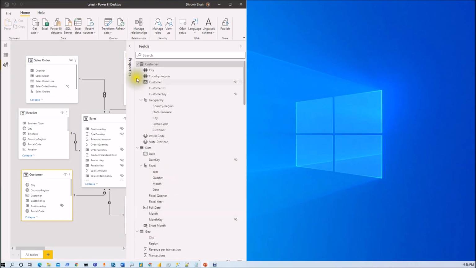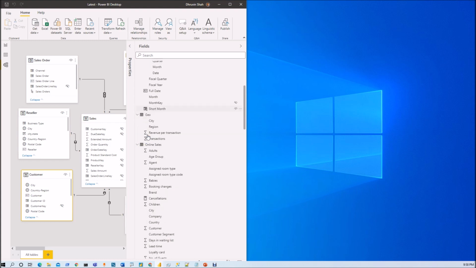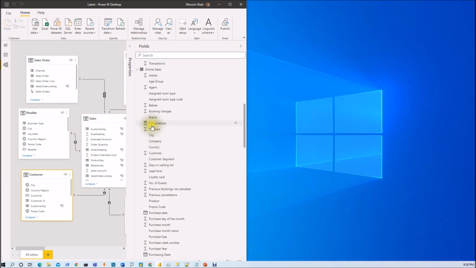Now let me show you some of the icons over here. This is the URL icon, this is the hierarchy icon, this is the identity icon, and the date icon looks like this. This is a sigma inside the table, meaning a calculated column with numeric type, right? Now this is the measure icon.